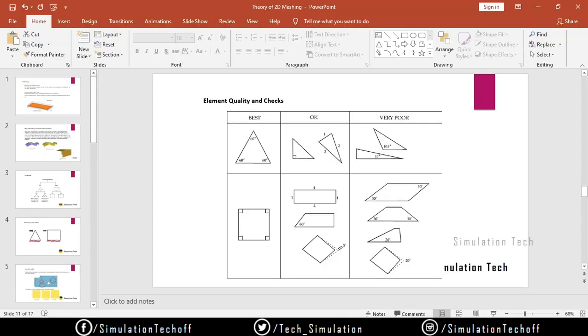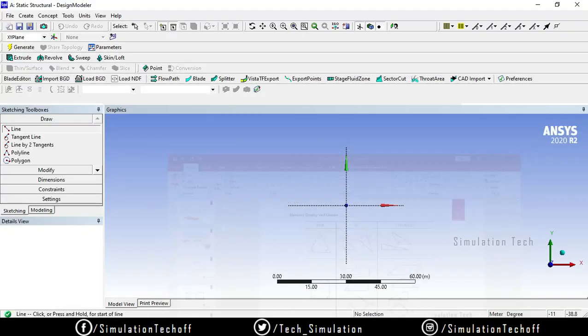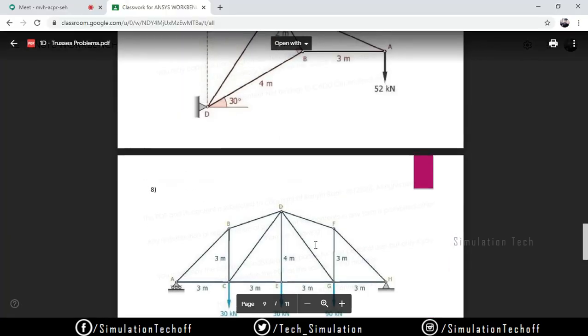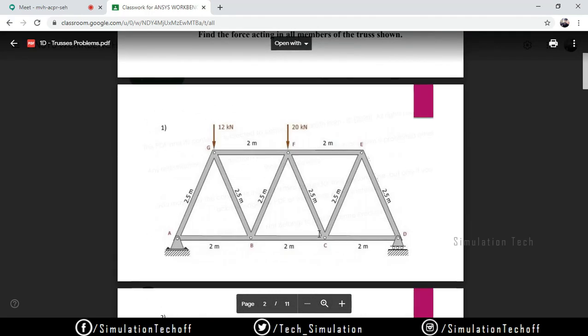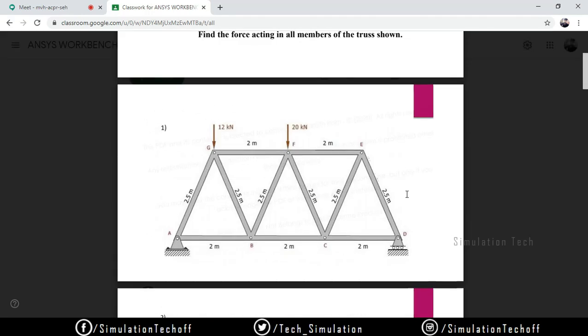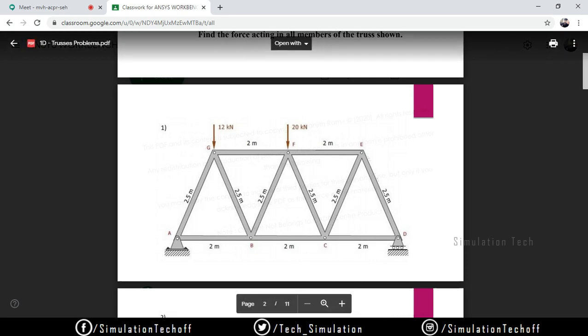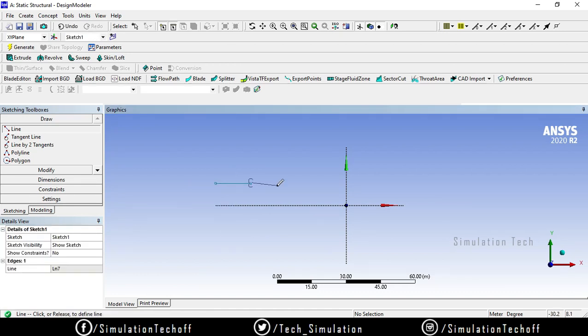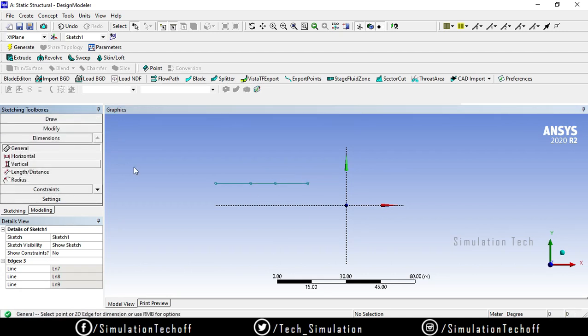Sir, can you solve the first problem first? Yes, sure, it is simple. Okay, I will solve this also. Good. So first the length should be 2 meters, horizontal, and one dimension should be 2.